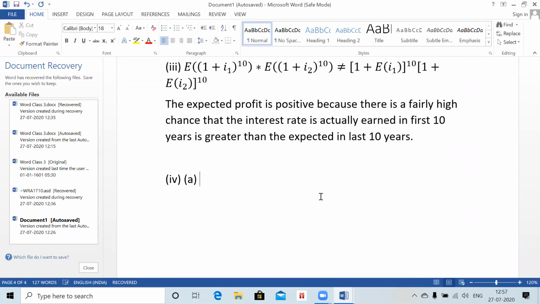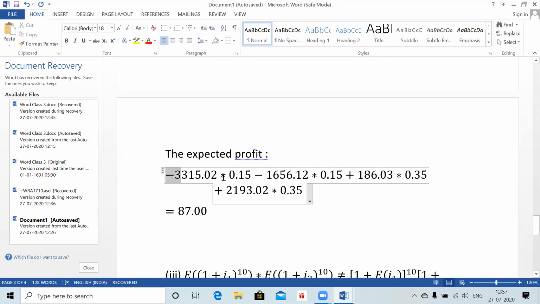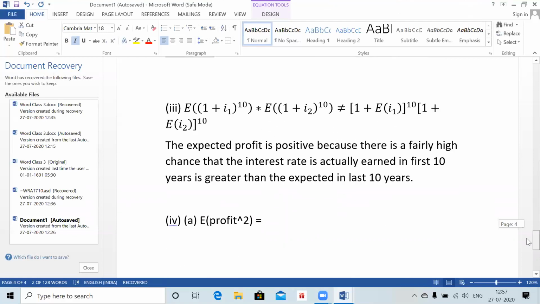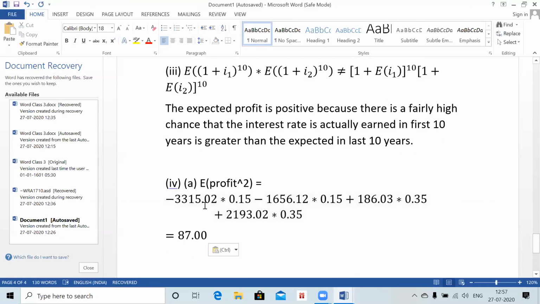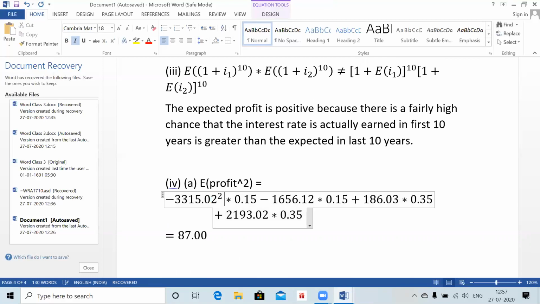So SD निकालने के लिए we need expectation of profit का square. I have not entered equation mode इसलिए वो ऐसे आ रहे हैं, ठीक है. अब देखो, I just copy this equation from your table. यहाँ पे कॉपी करके रखा है, profits को square कर दो. Just square the profits and you get your answer to be